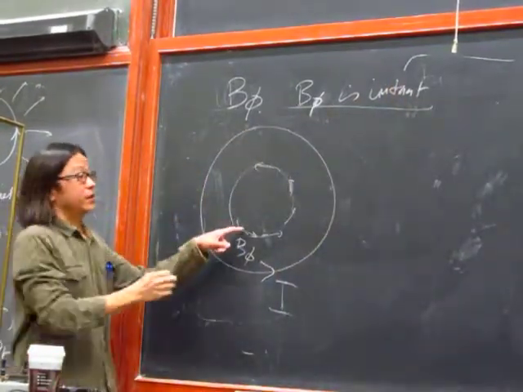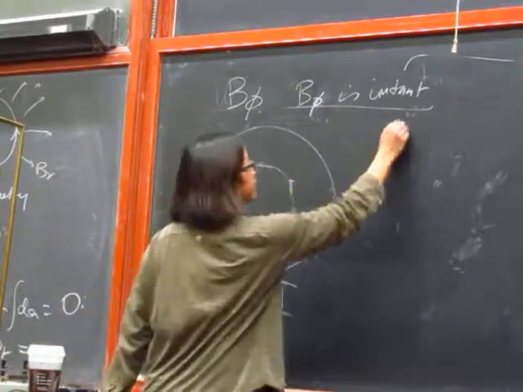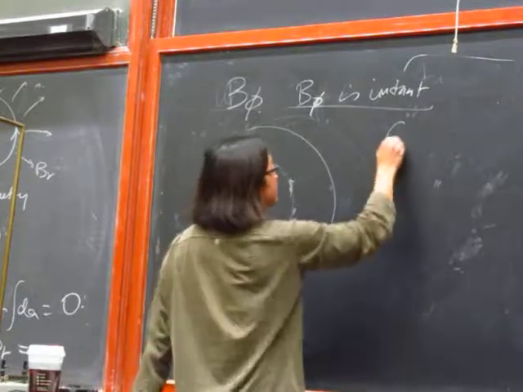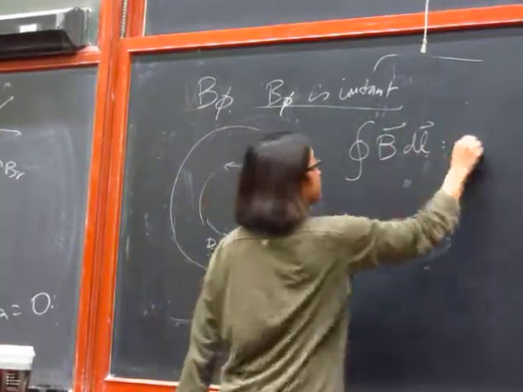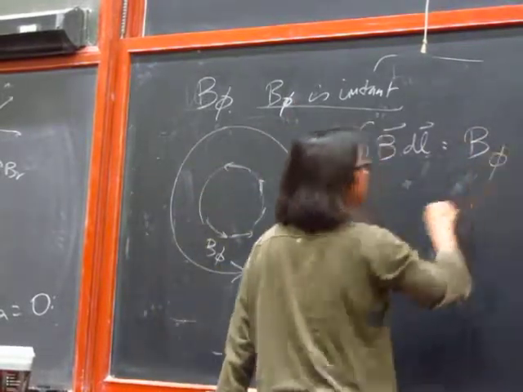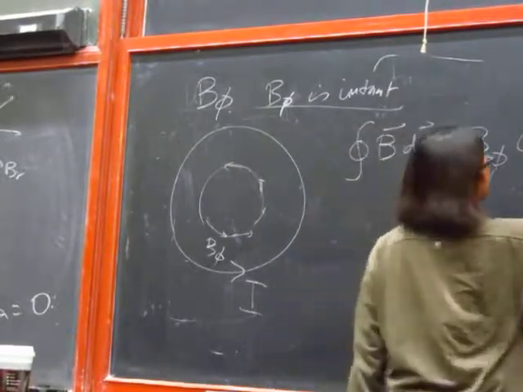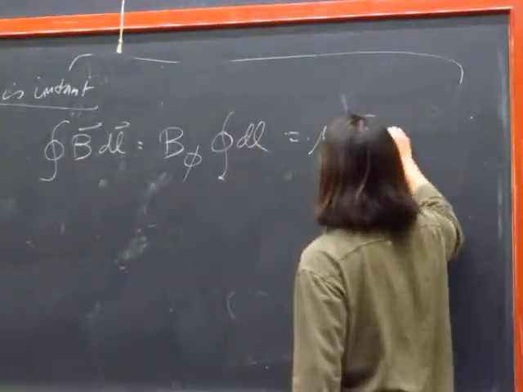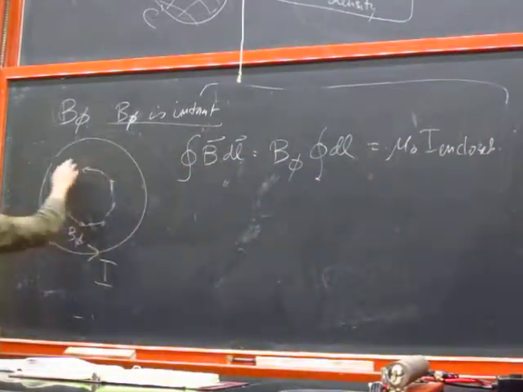Then I could do the same thing, but not with Gauss's law, with the other law, Ampere's law. The integral of B dl, in this case, becomes just the integral where I can take out the magnitude of the B field in the tangential direction, equal to mu naught times the current enclosed. Good. There is no current enclosed here,